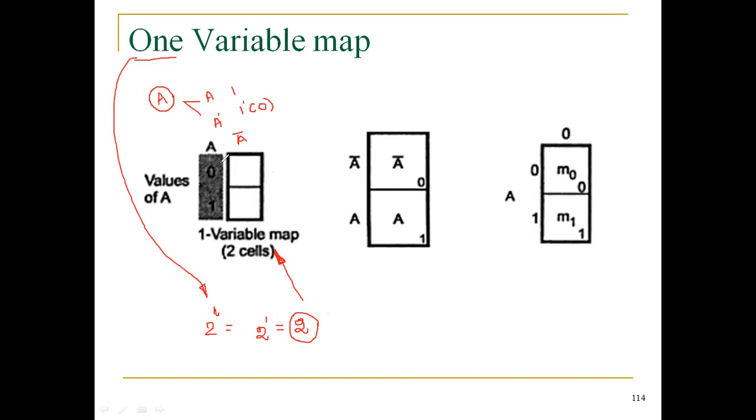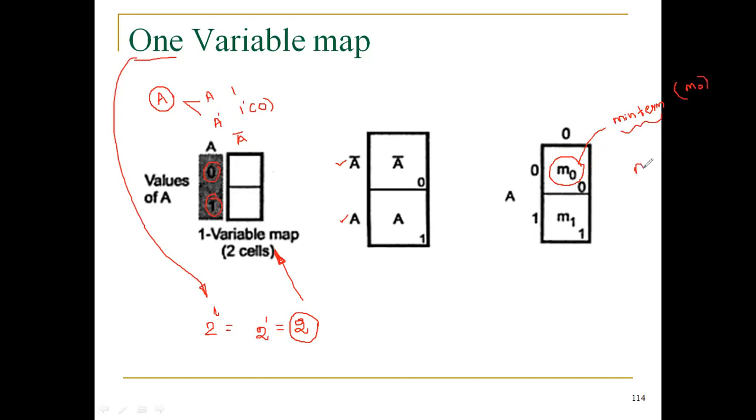What are they? That is 0 and 1. What is this 0? 0 means the complement value, that is A bar. 1 means A. So 0 and 1. Here one more notation is available. This is called M not, the min term. In the last class itself, I explained what is meant by SOP. So all SOPs are mentioned as M0.